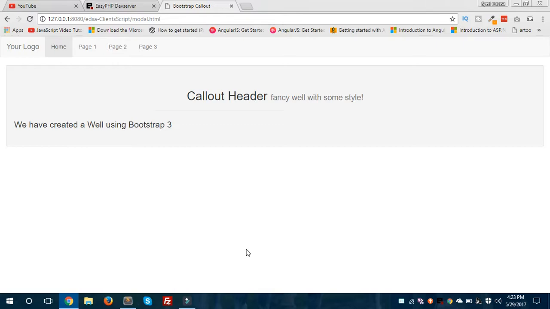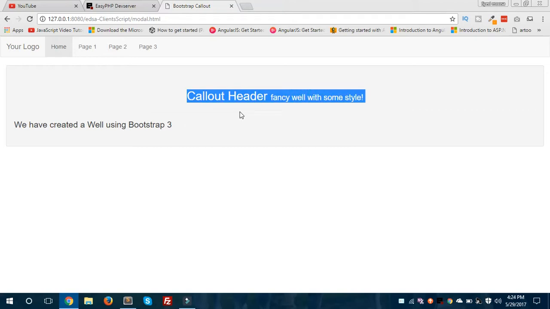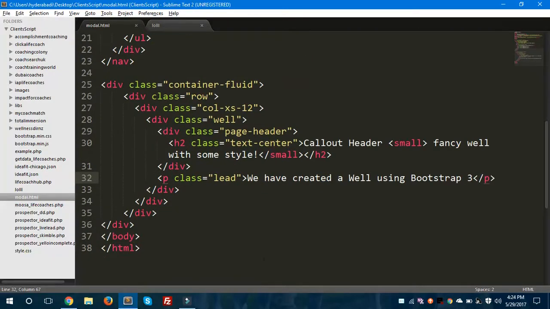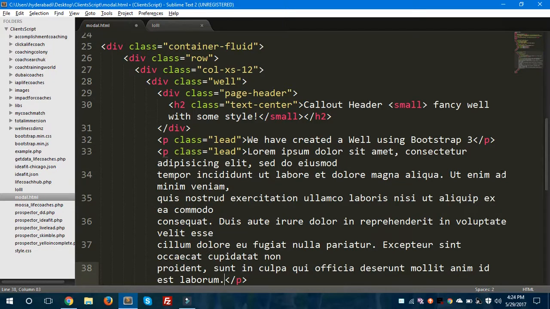Now you can see the p tag is showing here, and also below this heading we have the divider as well. It is also given by Bootstrap because we have used page-header, and after the page-header class the hr tag is given here in the browser. So let's take another p tag and give the same class called lead, and let's add some dummy content in this p tag. Lorem ipsum,